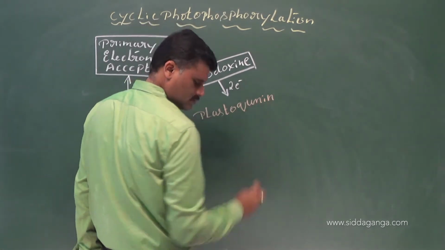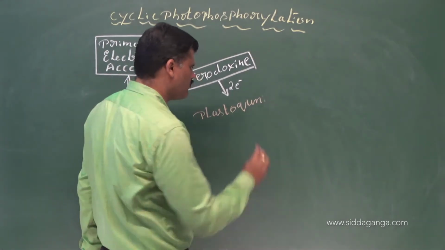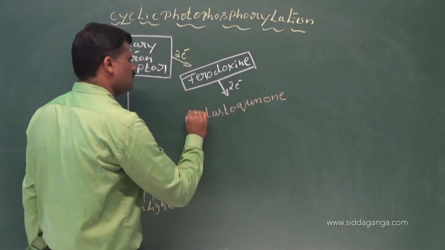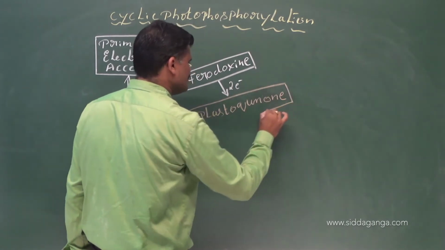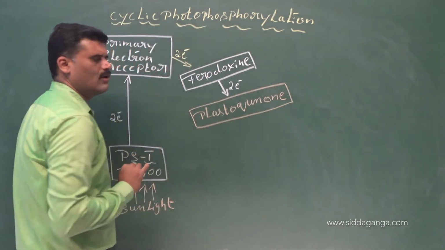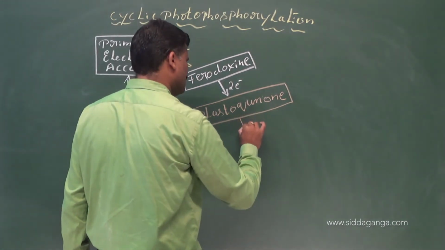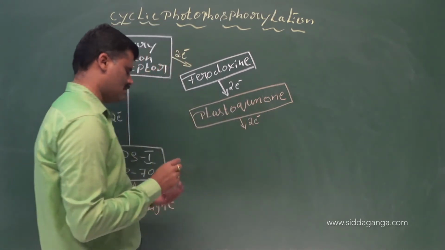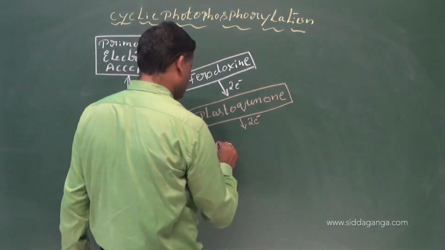Plastoquinone. Next accepted by plastoquinone. Plastoquinone, after accepting the energy rich electrons, what happens? It also gets excited and it also emits the energy rich electrons, and that electron is accepted by the next electron